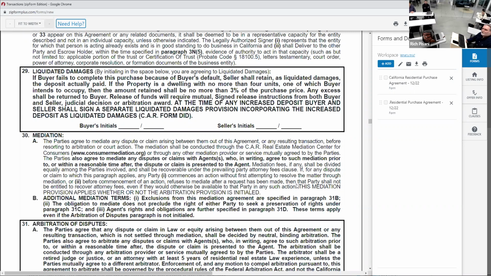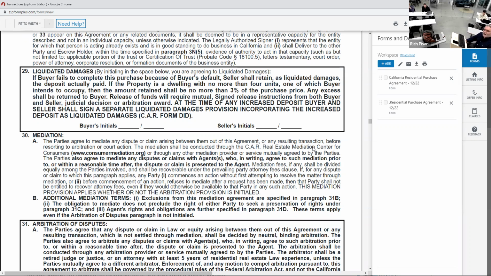So, like if somebody puts 50% down on an investment property, then they default, then that whole 50% becomes ugly. Exactly. So these are optional. We cannot advise buyers or sellers whether to initial. They need to consult their own attorney, but we can say that normally parties do initial liquidated damages, limiting the